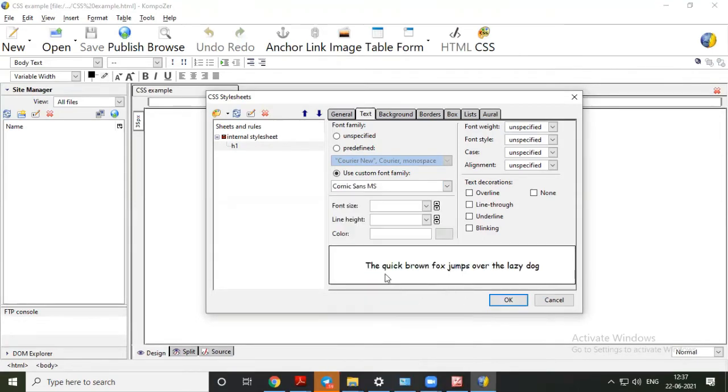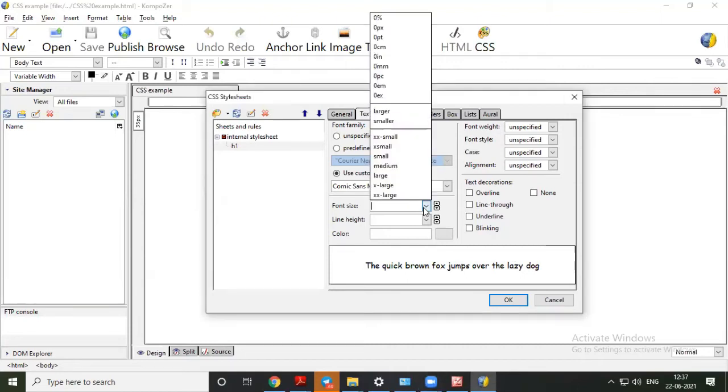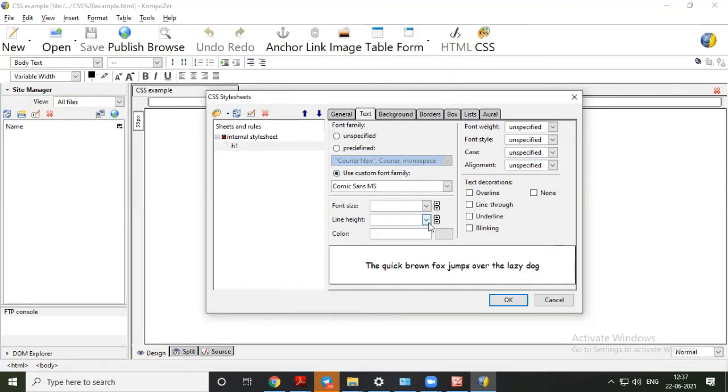Now you can see that effect here. Now font size, there are different font sizes, large, small, like that. You can select any one from here. For example, I am selecting large, but since we have used H1 we are not selecting this. Line height, that also. Then color of font, default is black.